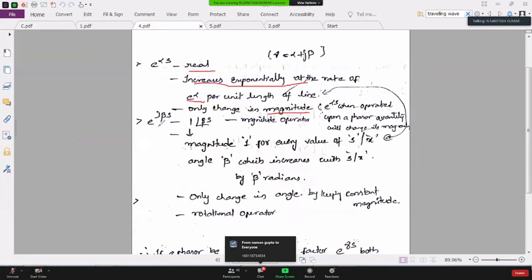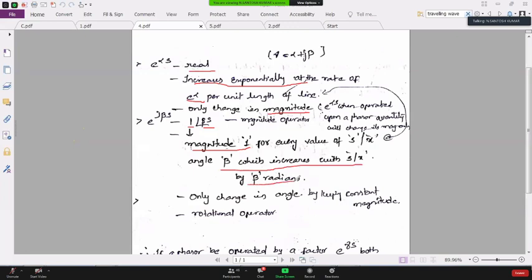When you see your second term, e power j beta s, it has magnitude as well as angle. But what about magnitude? Cos square plus sin square is always 1. So I can say magnitude will be constant, that is 1, irrespective of the distance moved. If you change the distance, if you are traveling also, magnitude will be 1, because cos square beta s plus sin square beta s is always 1. So the magnitude is always 1. But what about angle? Angle also increases with the distance by beta radians.